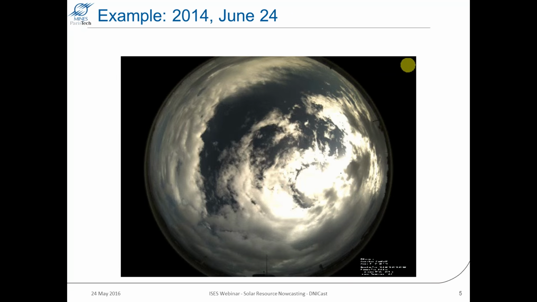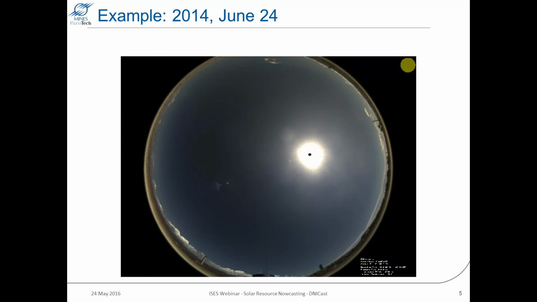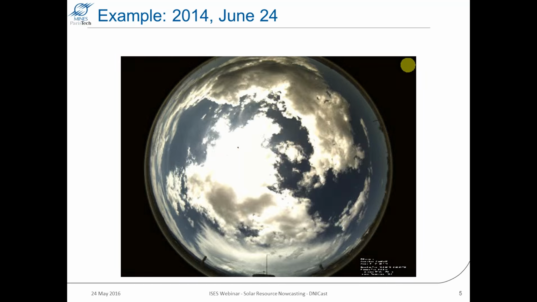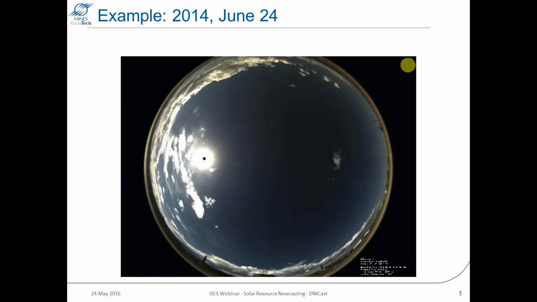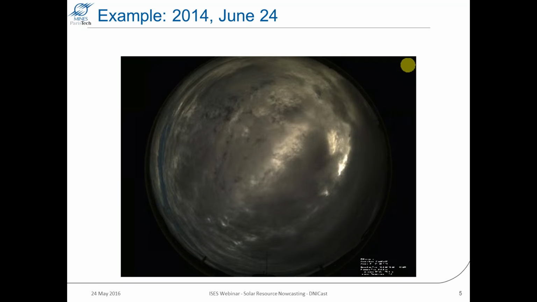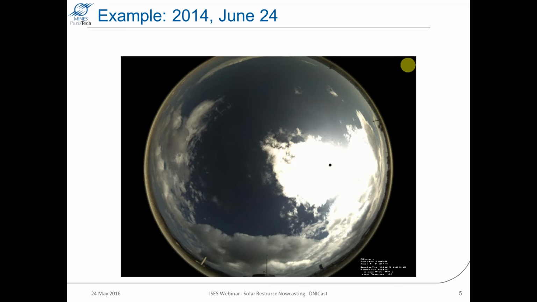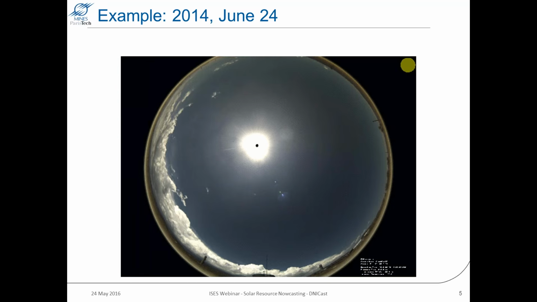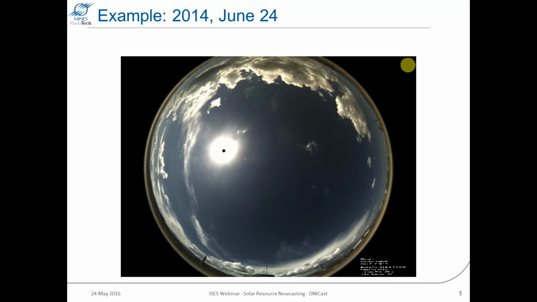This is here a video looking at 1 day at PSA from 1 camera. Of course, it is accelerated, and you have from the sunrise to the sunset. I can redo it. So we can see a very complex cloud coverage, and we are working on this type of images to do this nowcasting.